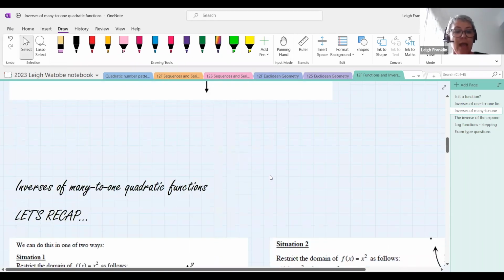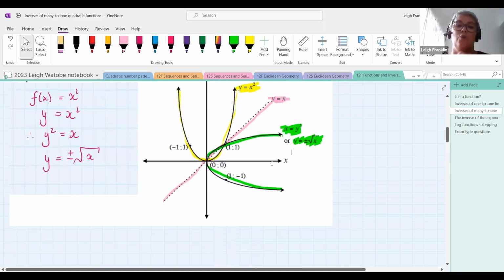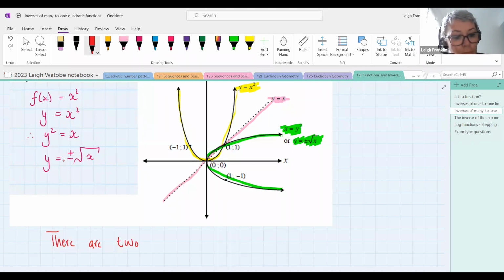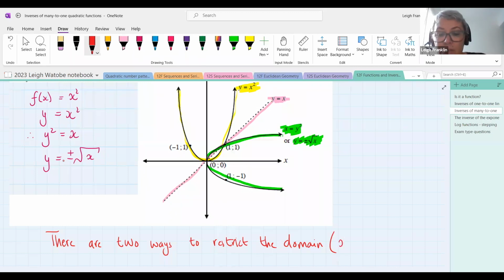In order to make the green graph into a function, we're going to restrict the domain. When it comes to restricting the domain, there are two ways in which this can be done. The domain, if you recall, is our set of